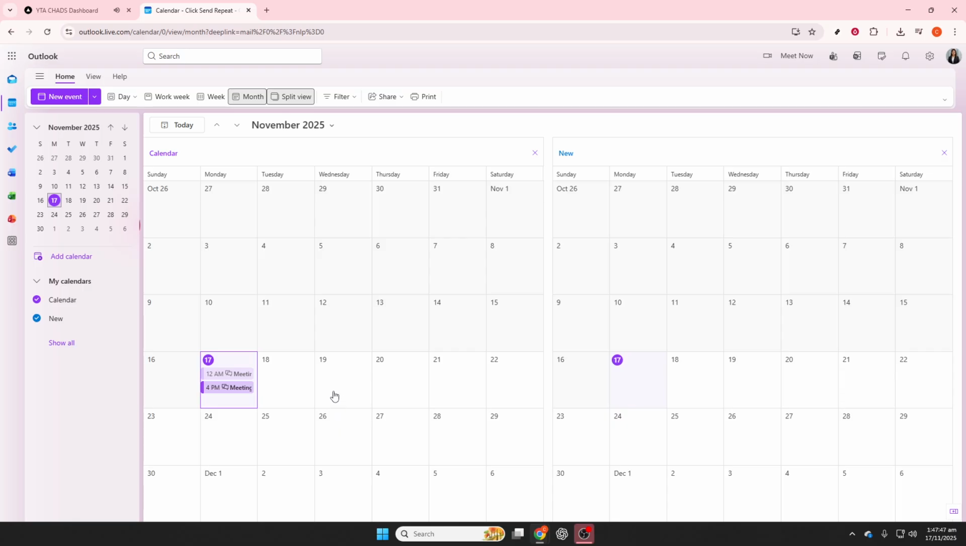If you only see blocks marked busy without details, that means you have visibility to their availability, but not the contents of their events, which is normal in many organizations. If nothing shows up, the person may not have shared their calendar with you, or they may be outside your